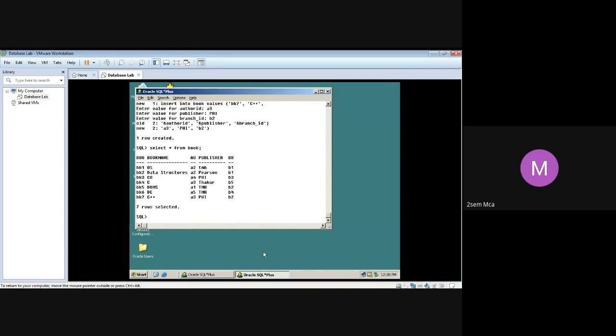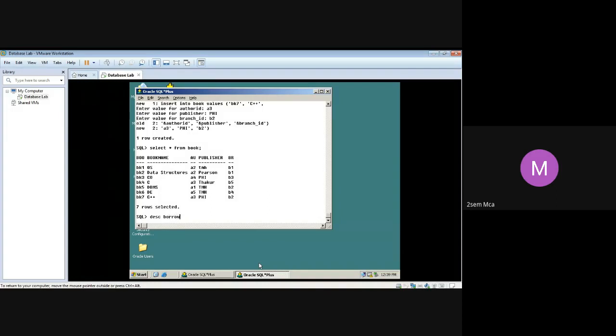So this is the data I want you all to take down. BK1, OS, A2, A2, A4, A3, A1, A5, A3, B3, B5, B2, B4, B2. You write it down. If it is taking time for you to finish the insertion, you can insert it later. Otherwise, if you have not finished, one more table we'll finish. You can note the data down, and then we can proceed further if you are not able to finish it fast.